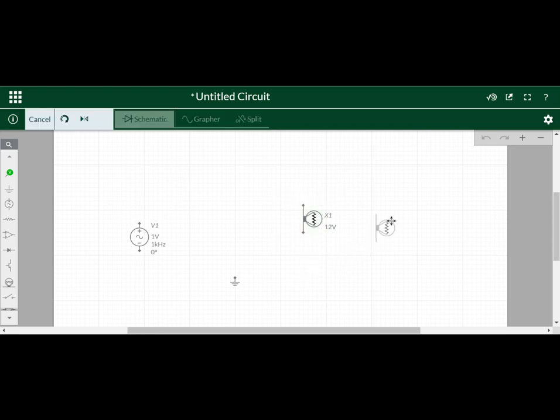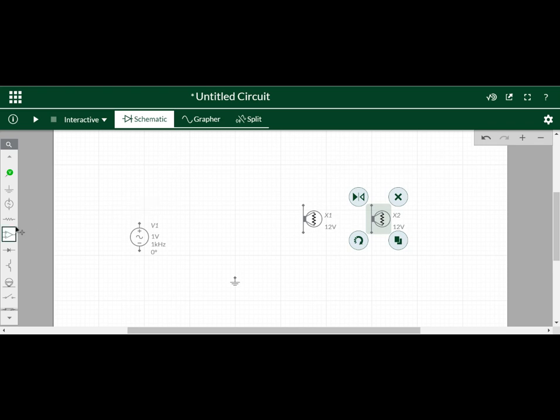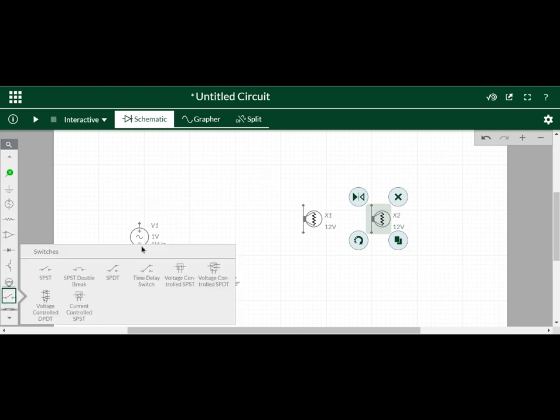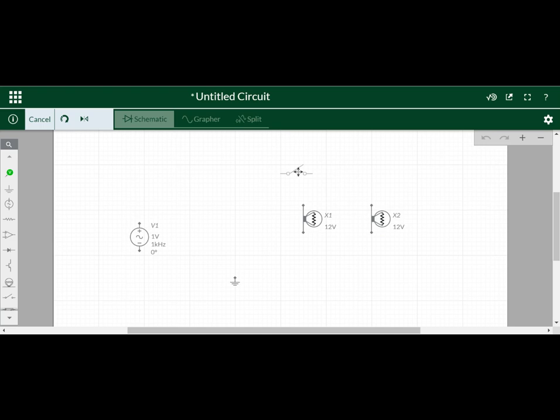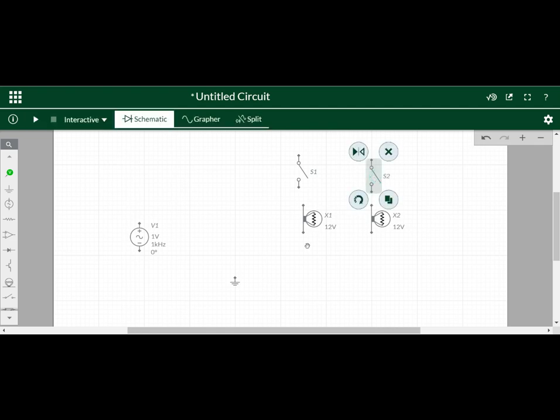Okay, so I have to copy using the square symbol. I am copying here, and then I'm using an SPST, single pole single throw switch, where the symbol has to be rotated, and I'm copying the same switch here. And then with the help of wires I'm going to connect it. Later on we'll set the voltage for the source as well as the lamp.